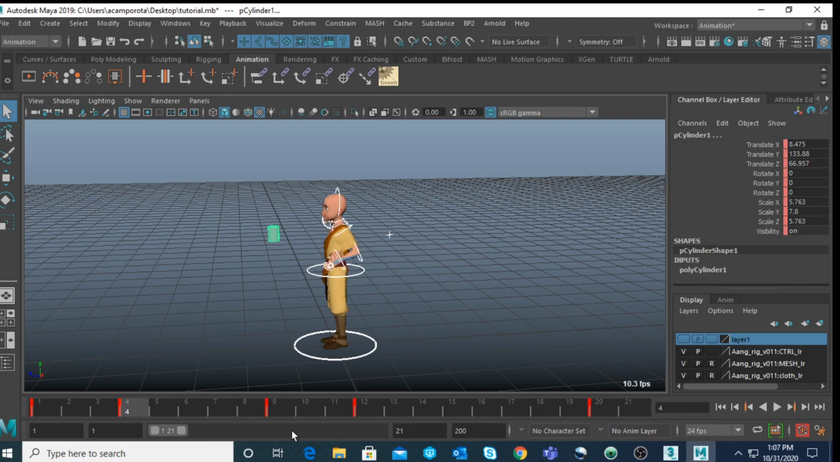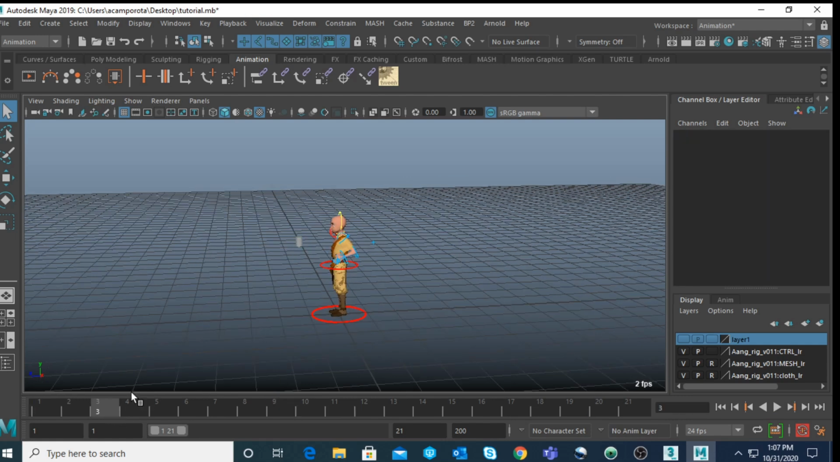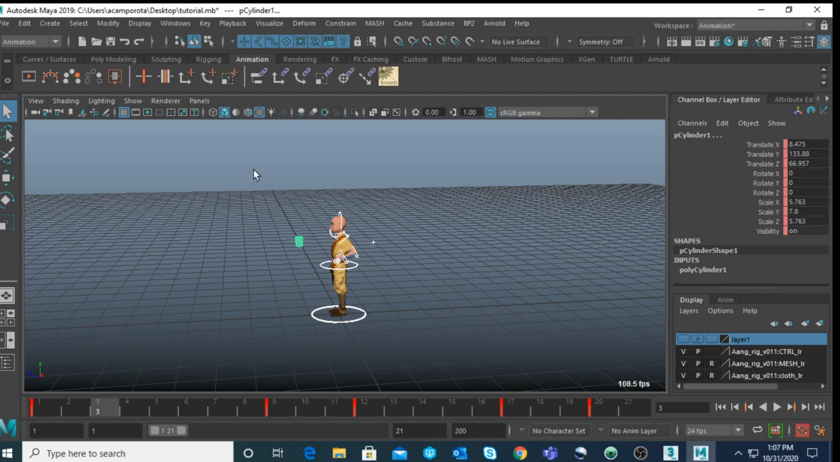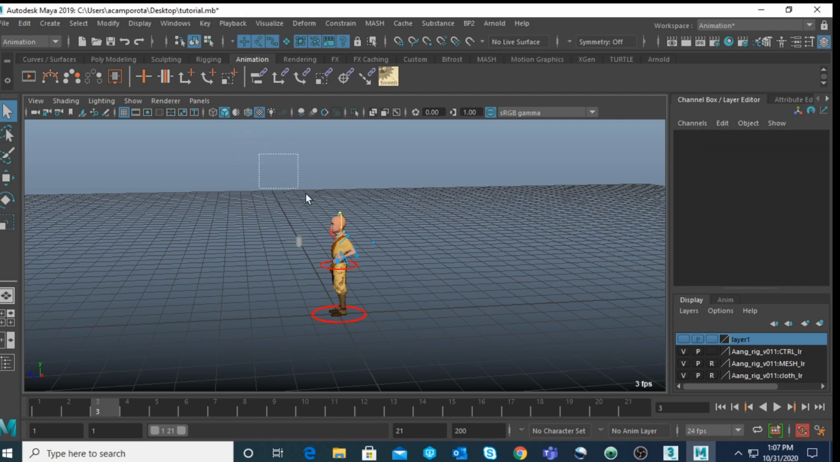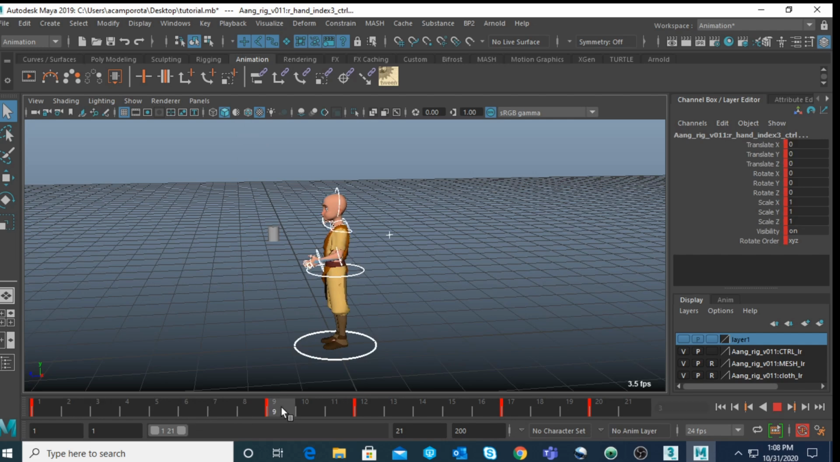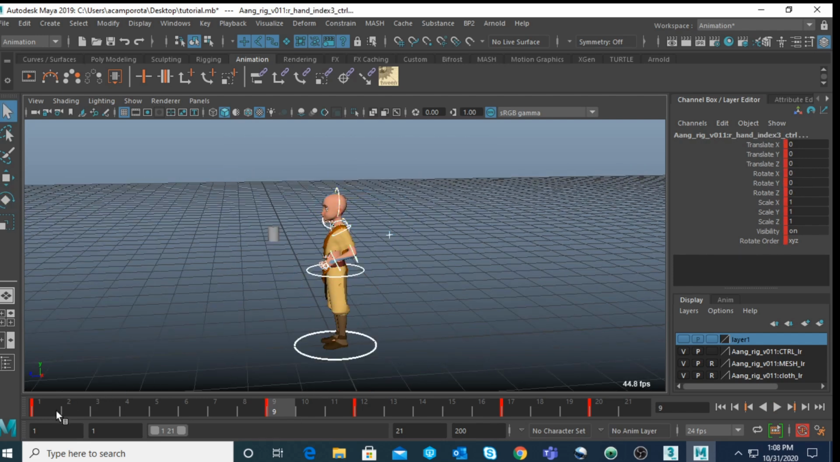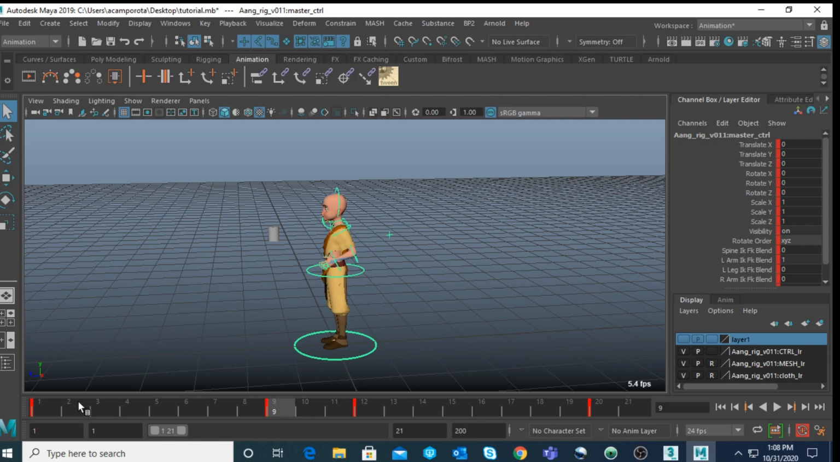Actually, here, sorry guys, I made a little mistake. Let me go here. Made a mistake with the key. Okay, actually reducing a lot more, exaggerate this part even more. Okay, I forgot to set the key. This is on one here. Okay,